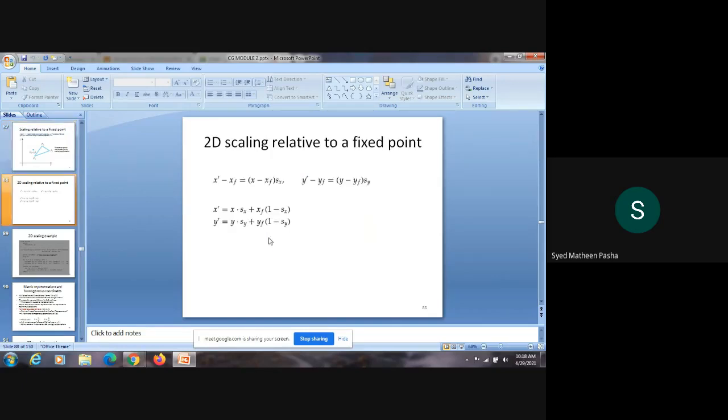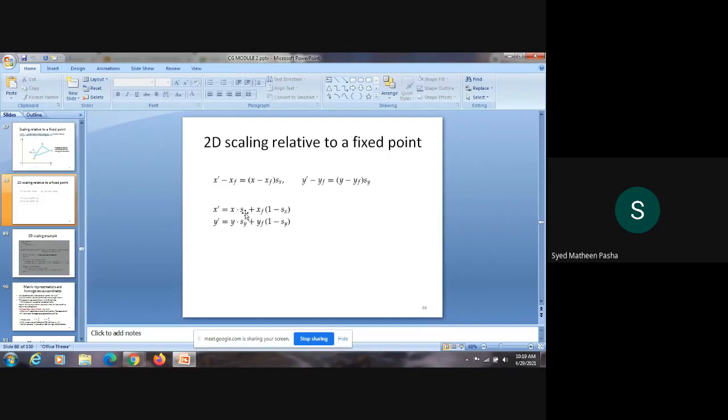Then we saw how to define the scaling functions with respect to the fixed point, where we have some difference in the objects with respect to coordinates x as well as xf. Then the output coordinates with respect to x and y are represented in this formula. I can tell these formulas are the separation of multiplicative as well as additive terms with respect to scaling operations. Once we rewrite these equations, these are for coordinate positions x and y.